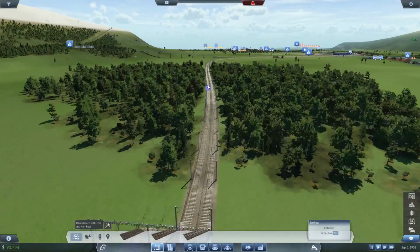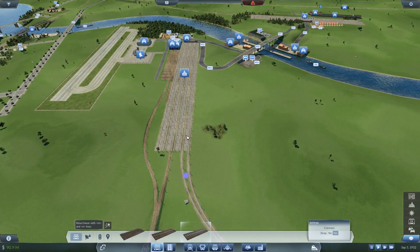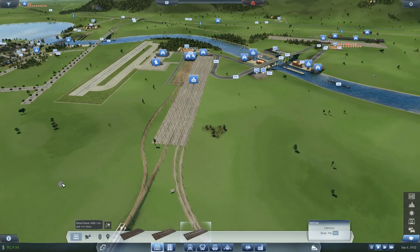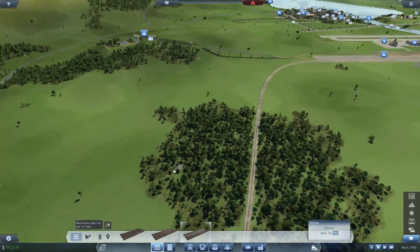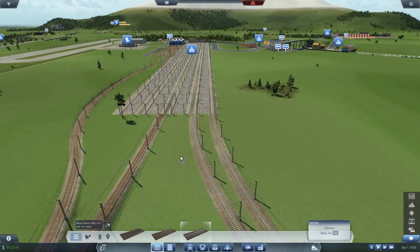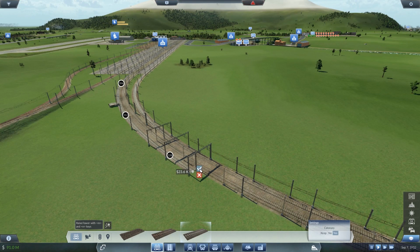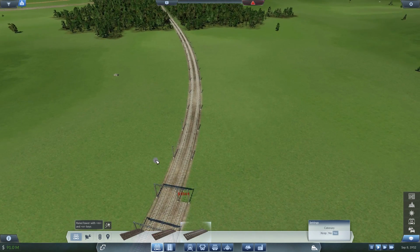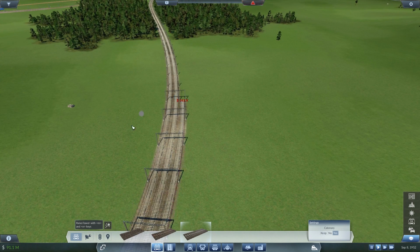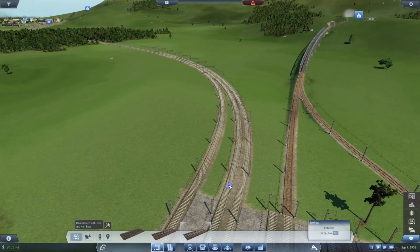Right, now, getting all of this lot onto this double line here and then just using these two platforms might be the smart thing to do. Or maybe using 3 platforms would be the smart thing to do. Let's go for that. All right, if I need more than 3, I'll worry about it later. There we go. Right, so that's me 3. All right, I haven't really thought this through. I know, you can sound shocked as much as you please. Right, and then...